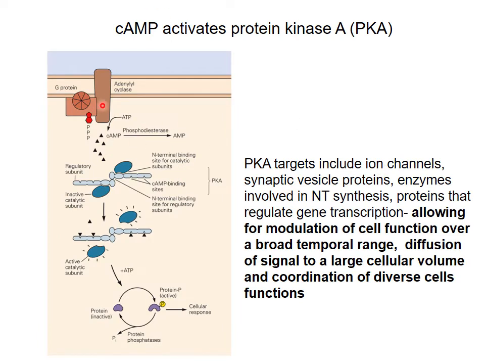And then we talked about the downstream effect of increased levels of cAMP, which can lead to the activation of protein kinase A, which we will talk much more about in the class on kinases. You don't need to memorize all the different downstream targets of protein kinase A, but you should memorize that changes in protein kinase A activity, or phosphorylation by PKA, can lead to